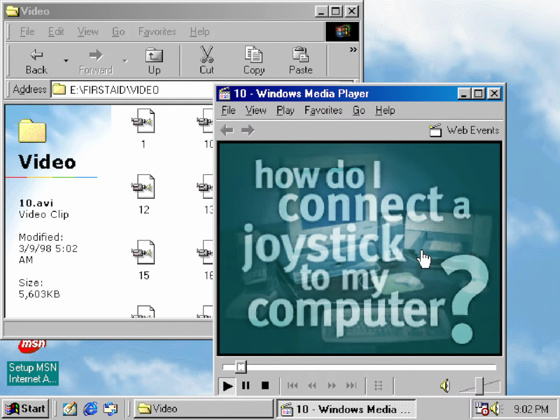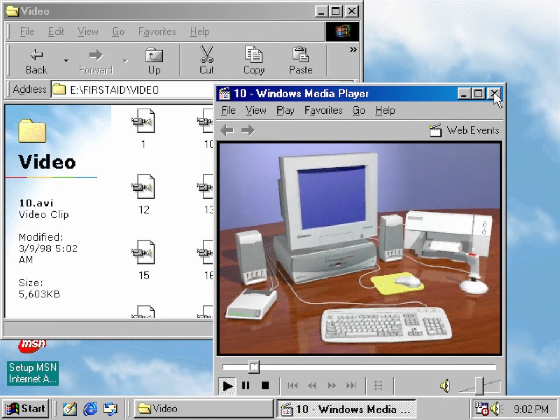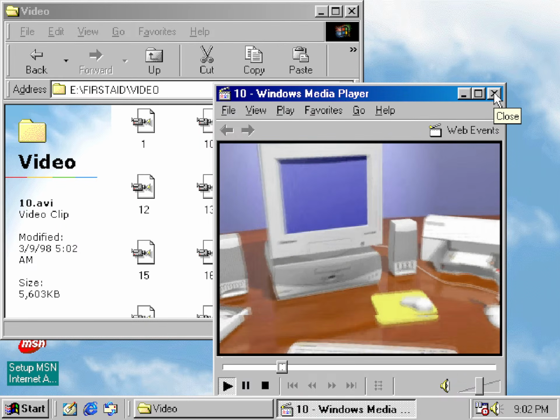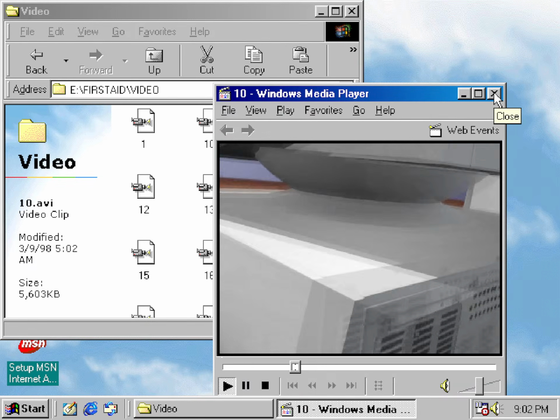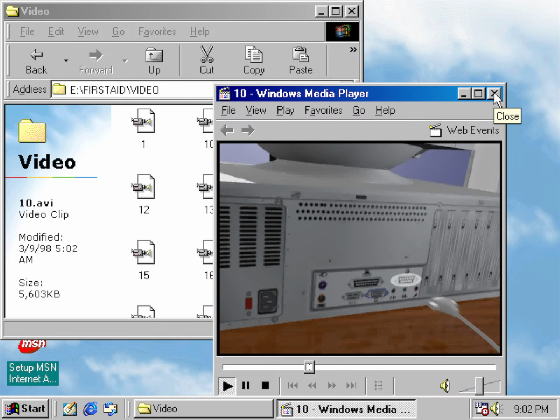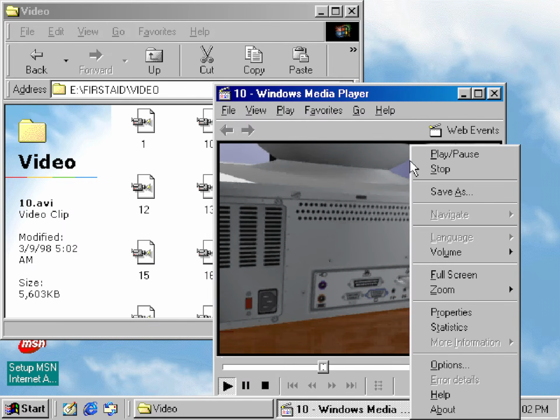How do I connect a joystick to my computer? Joysticks plug into a joystick port, also known as a game port. The game port is a rectangular socket with 15 pins. If you have two joysticks, you can use a Y cable to plug both of them into the same port. Y cables are inexpensive and are available at any computer store. Most sound cards